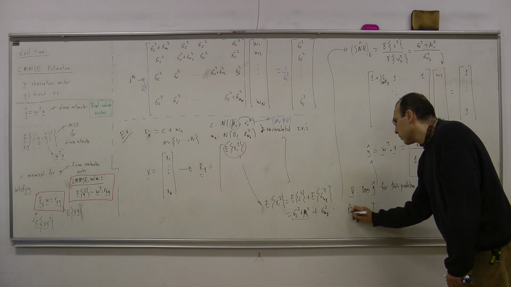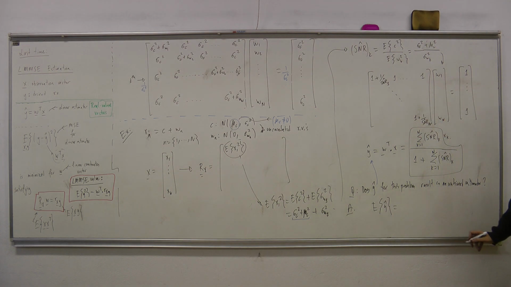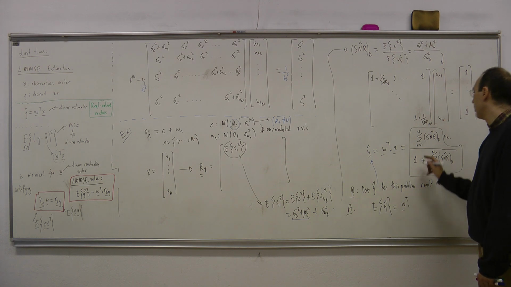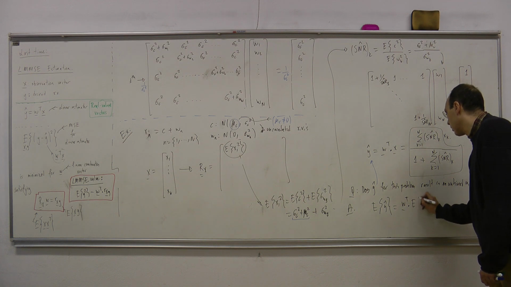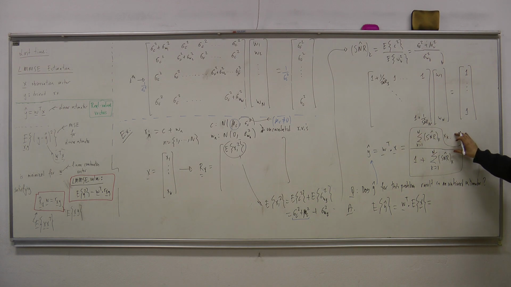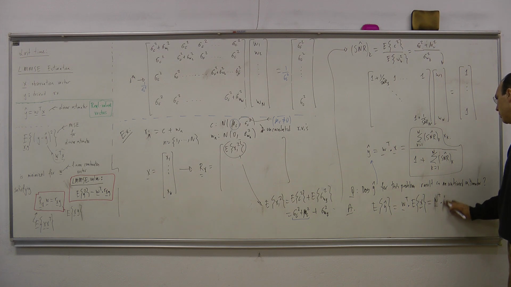Let me answer. Expected value of y hat is, well, then this wk times, what's the expected value of the x vector? You take the expected value of this, then the expected value of the kth observation is just mu of c times 1, or let me write,